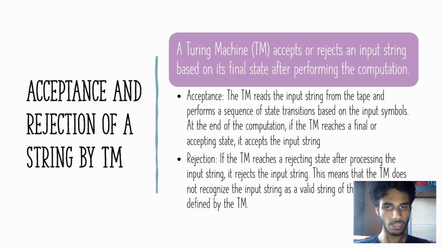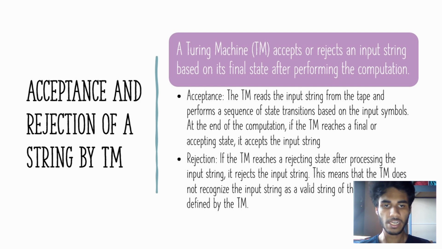Acceptance and rejection of a string by a Turing machine. The Turing machine accepts or rejects an input string based on the final state that performs the computation. Acceptance: the Turing machine reads the input signal from the tape and performs a sequence of state transitions based on the input symbols. At the end of the computation, if the Turing machine reaches a final or accepting state, it